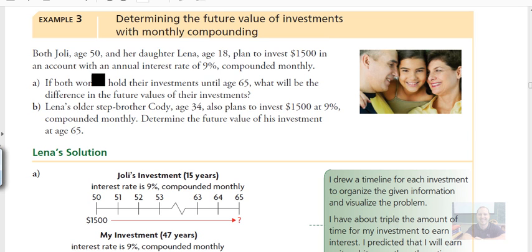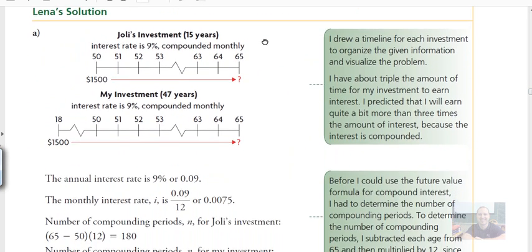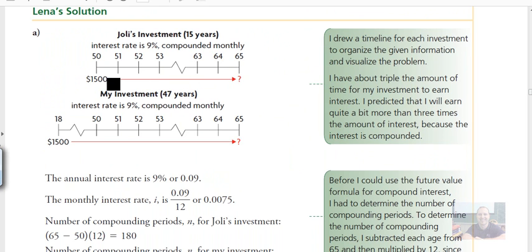A mom and a daughter both putting the same amount of money away, same account. Watch how compound interest works, guys. Okay, so check this out. There's a little bit of a diagram. Jolie, the mom, $1,500 at age 50. So she's going to go on for 15 years. And we're going to check out what her money's worth then. Lena's investment starts at 18. If she's able to leave it in there